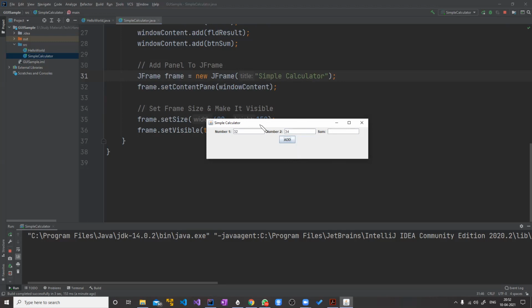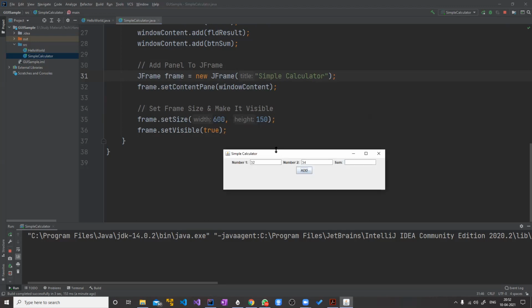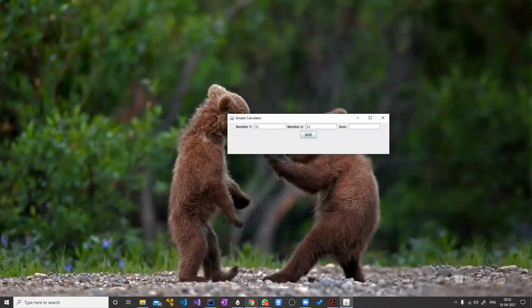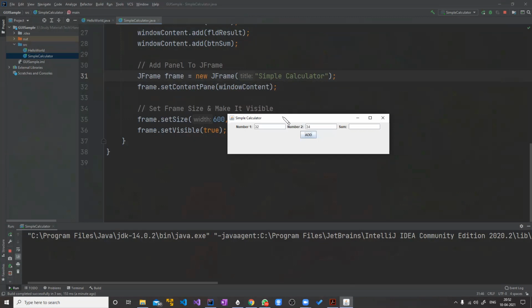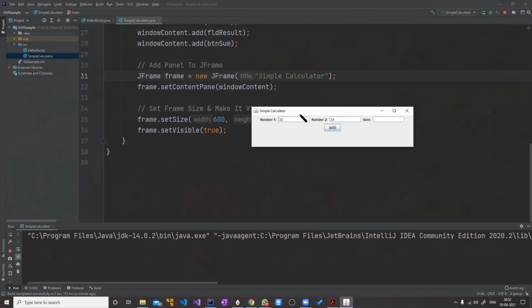So you can get familiar with this. The outermost window is the JFrame. In that JFrame window, there is a cross which is used to close it, a maximize button, a minimize button, and a title.